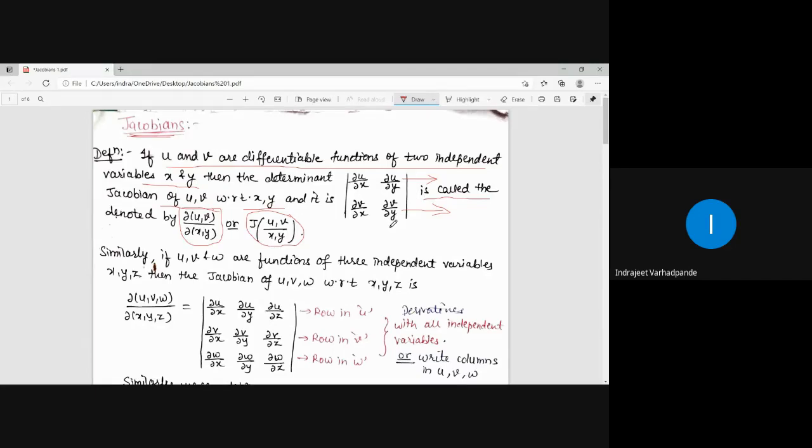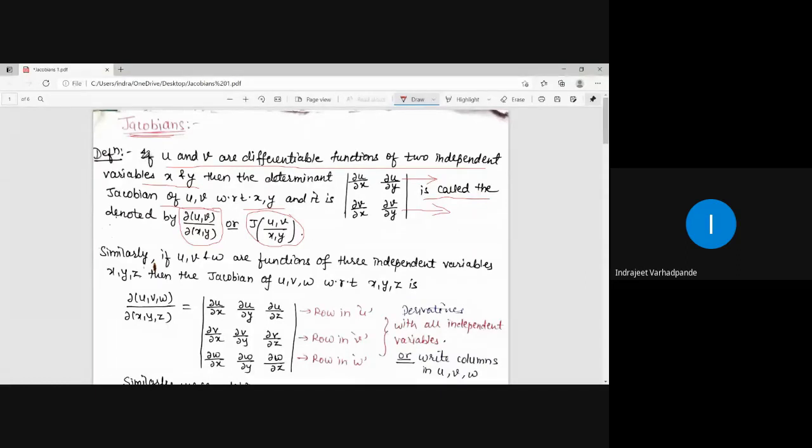This technique of writing down, I am telling you for our convenience so that it won't create any confusion. If you write del u by del x and the second element as del v by del x, it is still going to be correct, right? Because the value of a determinant is not affected if you interchange rows and columns, because the transpose of the determinant gives you the same value. But we should know a fixed pattern of writing down the values in the determinant which we call the Jacobian, so I am purposely telling you.